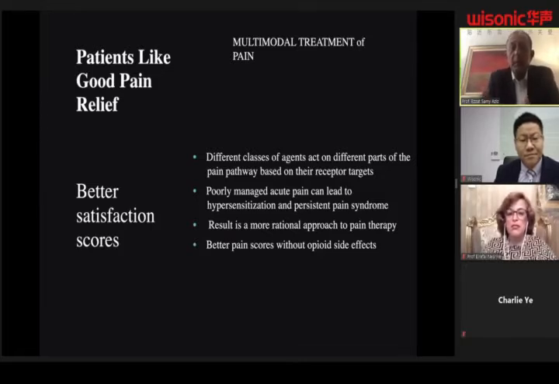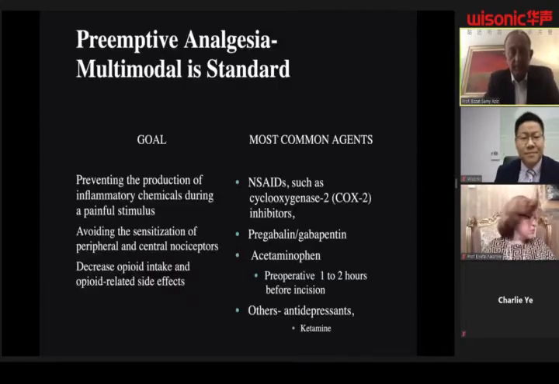So you will have better pain scores when you use the multimodal treatment of pain without giving the patient lots of opioids with their side effects. So we use what we call preemptive analgesia, which is the multimodal, which is the standard one. Our goal is to prevent the production of inflammatory chemicals during the painful stimulus, so you avoid the sensitization of peripheral and central nociceptors, and subsequently you will decrease the opioid intake and the patient will not have the opioid-related